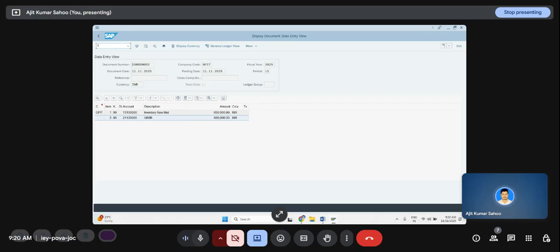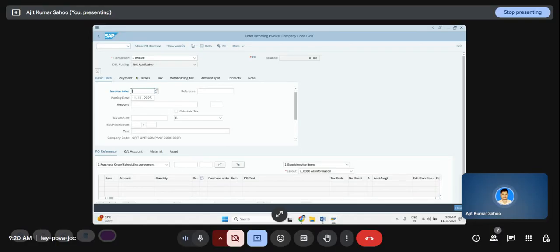So now after goods receipt we are doing the invoice, MIRO. So invoice is for paying the vendor, right? But here we have already paid the vendor, right? So we have to return it back to the vendor side. In that case you have to do the credit memo. You have to go for the credit memo, put here the invoice date as today's date,